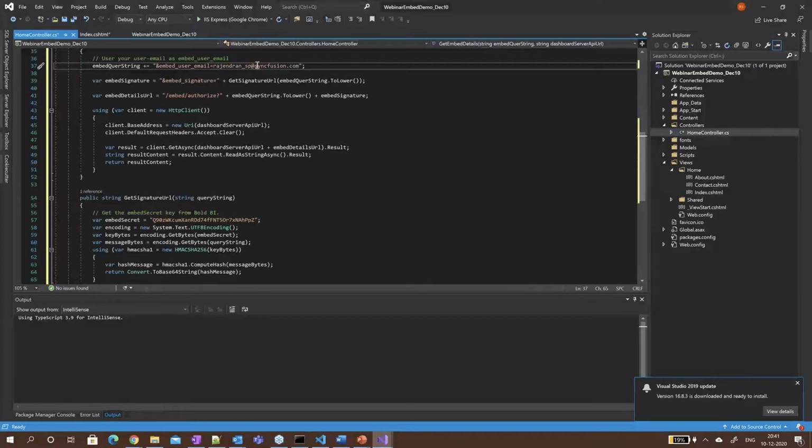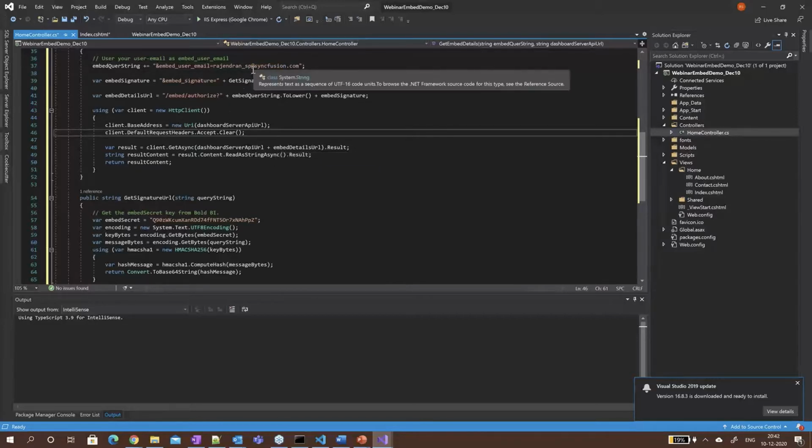And just enter the user email. Make sure that this user email ID has enough permission to access the embedding dashboards.